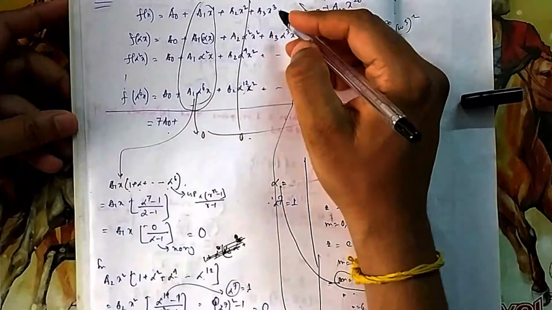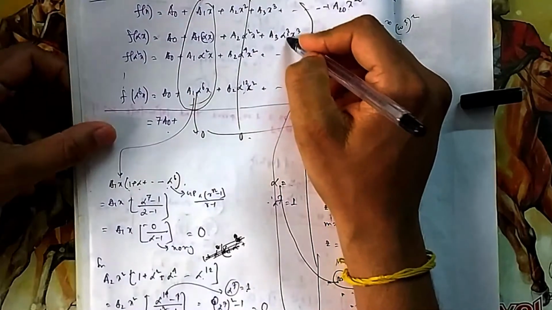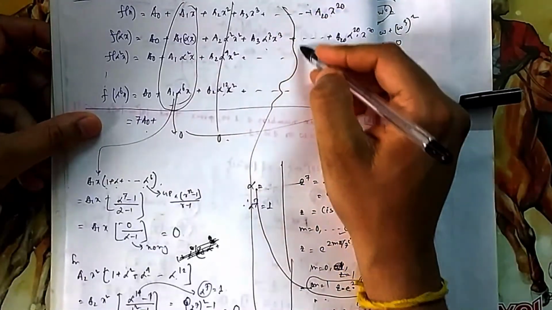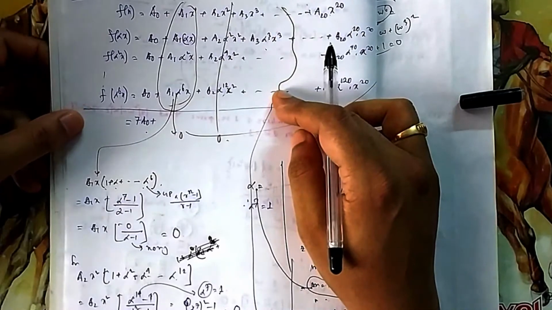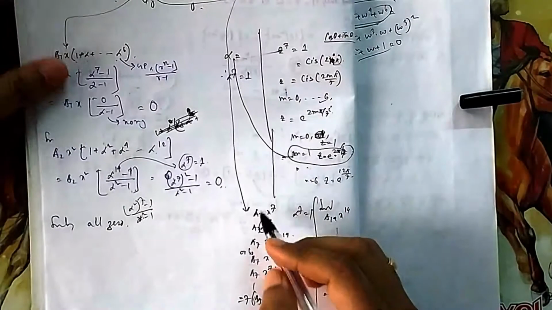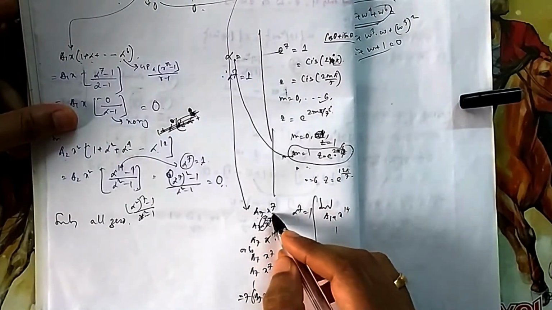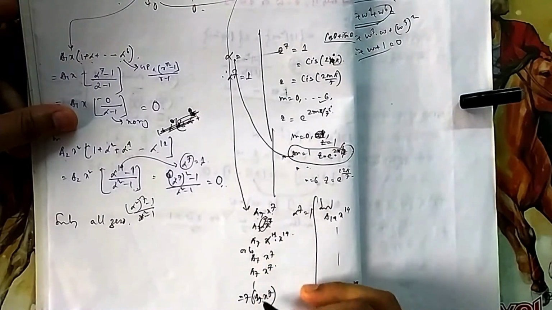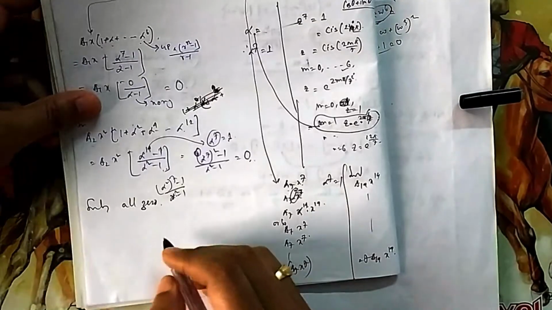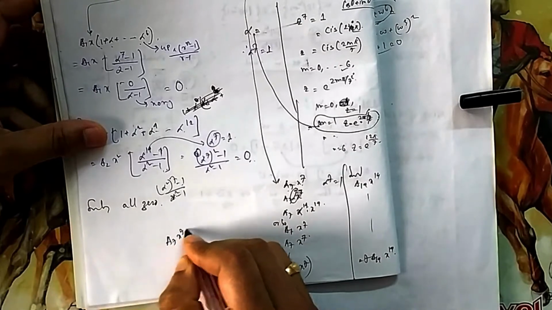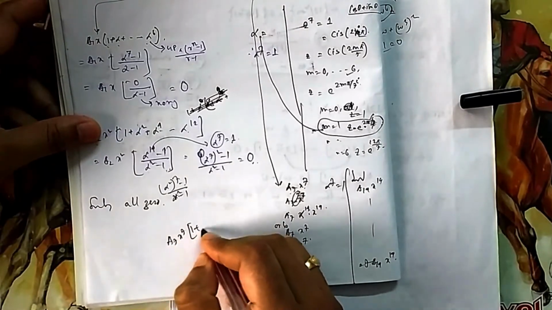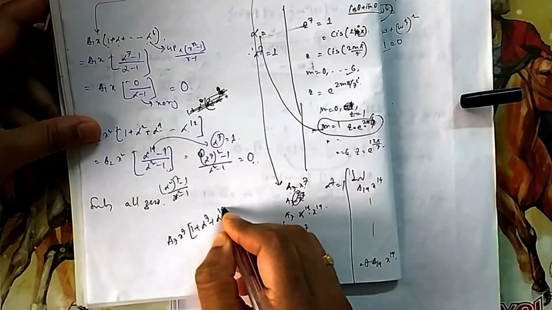So this will be 0. This will be also 0 because it is multiple of 3. 3 is 6, all this. So one multiple of 7 you will get somewhere. That will not be 0. Because if you say alpha to the power 7, alpha to the power 14, so if you take it common, if you take alpha to the power 7 common, it will be 1 plus alpha to the power 7, alpha to the power 14.